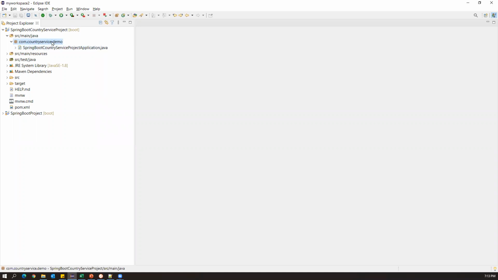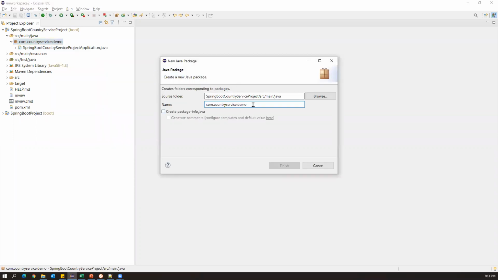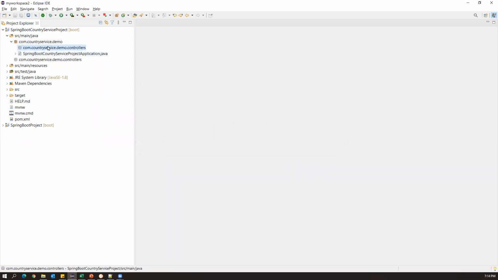Now let me create a new package. Currently we are in this particular package, and inside this I'm adding dot controllers. This package contains only controller classes. I say controller, then finish. So I have created one package.